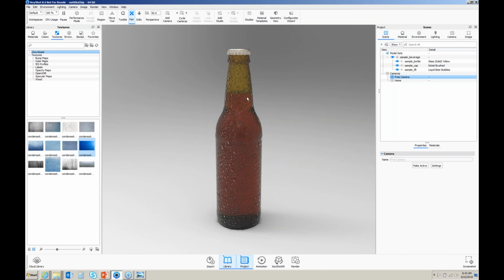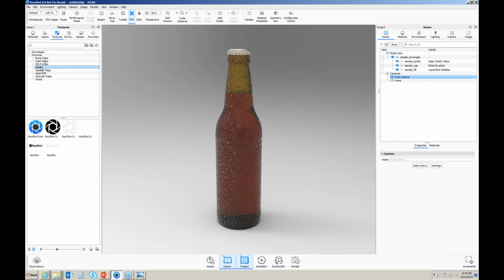But I also want to assign a label to this. All right. So for that, I have some preset labels that come with the product. Of course, KeyShot labels are going to be part of this tool, but I'm actually a homebrew fanatic, so I'm going to use a homebrew label. So again, I went out onto the internet, I found a label that I'm going to use. I actually brought that label into Photoshop and made a few changes to it so that I can use it